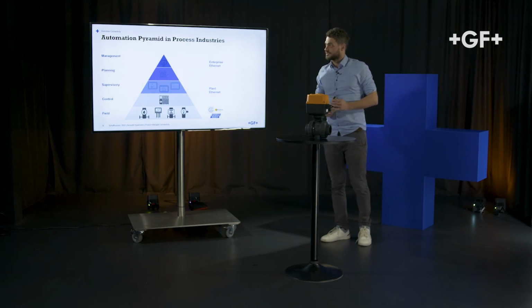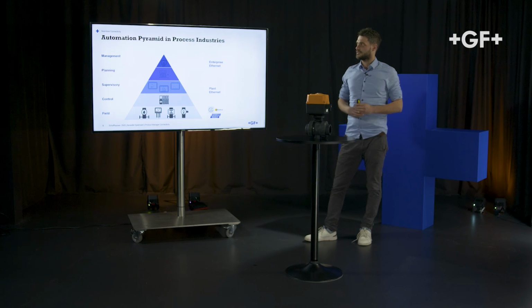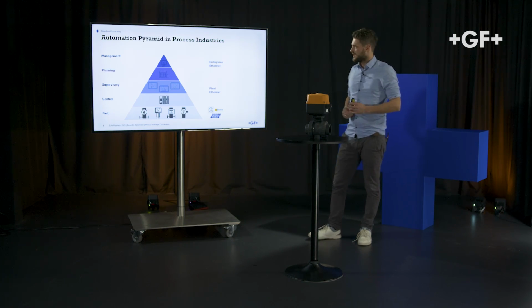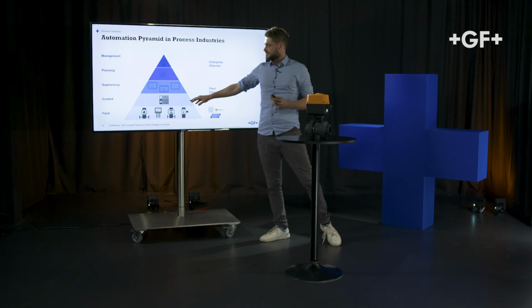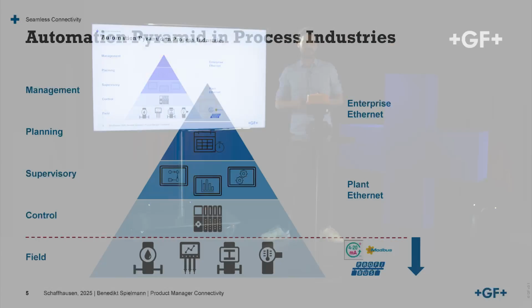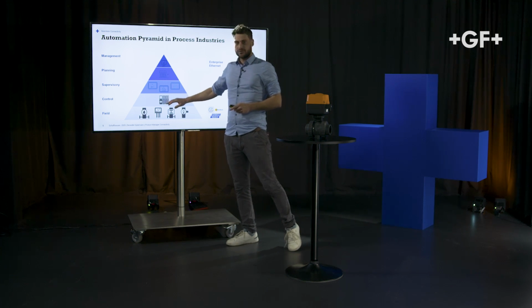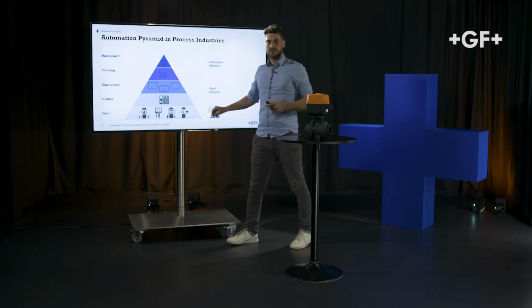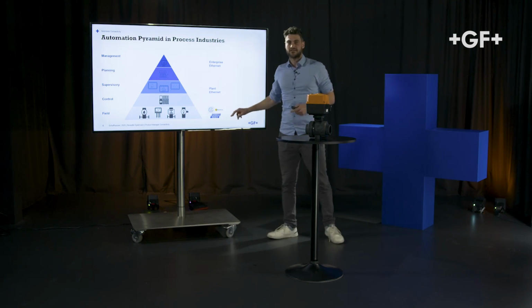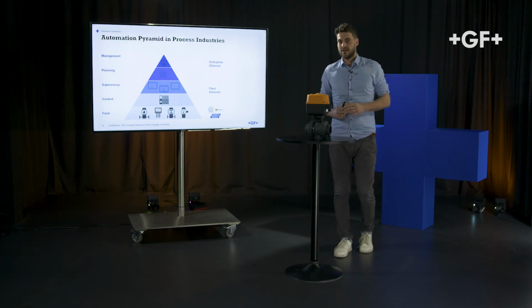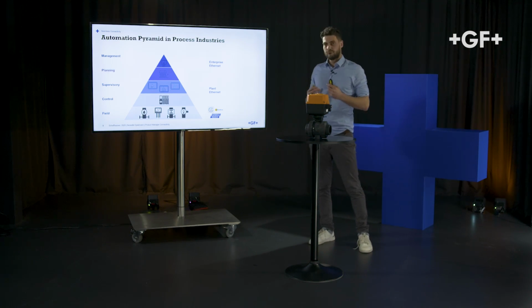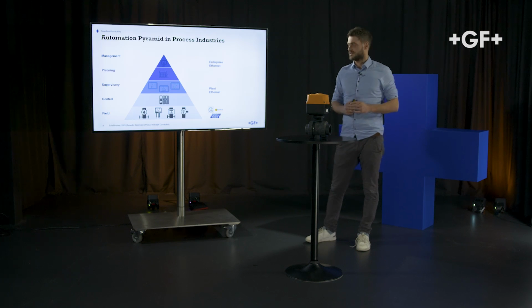So how to improve the situation? For this, let's take a look at the classical automation pyramid, how it looks in the process plants. Here on this level, we have the control level with the PLC. And then on the upper levels, we have SCADA systems, MES systems, ERP systems, and so on. And for the connection of those levels, we are already using Ethernet technology. This is state of the art for many decades already. However, for the connection of the control level and the field level with the actuated valves and sensors, we are still using other technologies, predominantly 4 to 20 milliamp. Sometimes we can also observe field bus installations like Profibus or Modbus RTU.